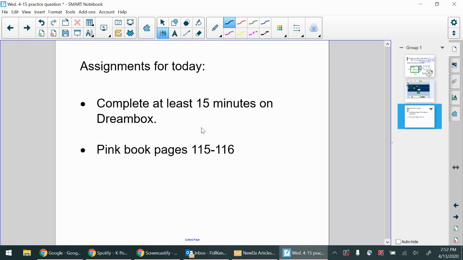Remember, taking a picture of the top half of a page and then the bottom half of the page really helps your teachers see the work that you've been doing. All right, if you hold them too far away from the camera, we can't see the awesome work that you've done. All right,